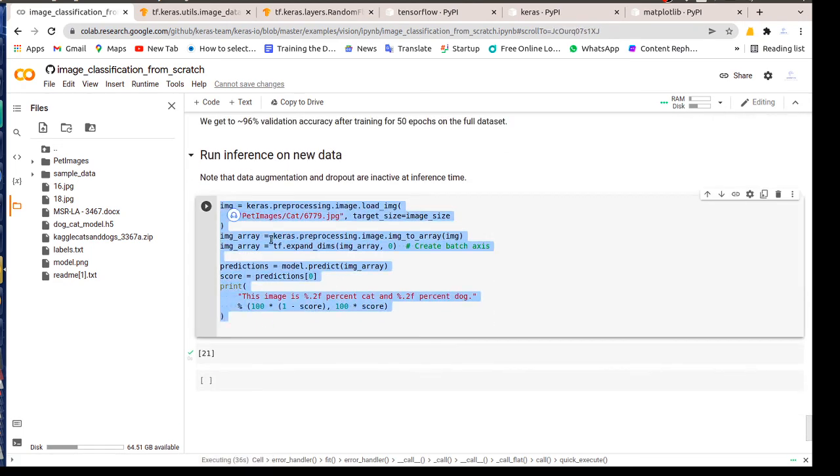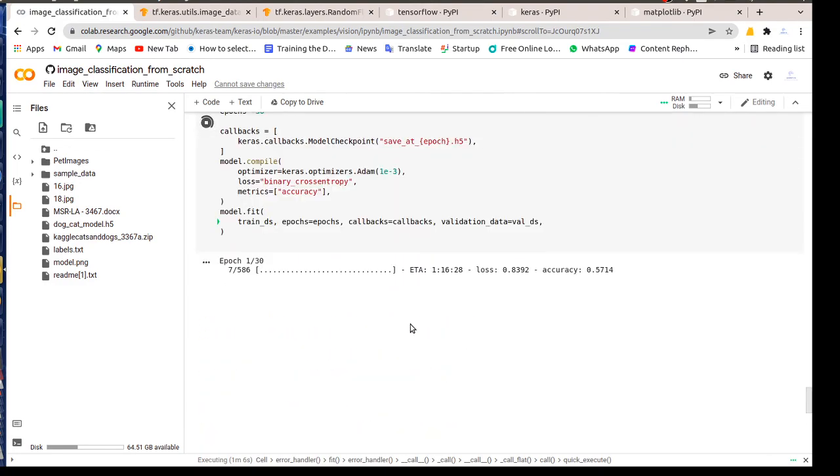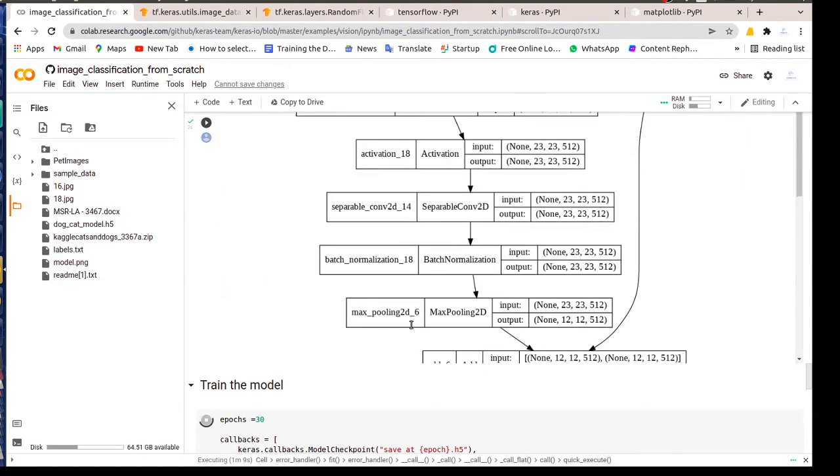Then, the inferencing method, I need to check how well my model is. You can just give the image name, after that you can pre-process it, then use the pre-trained model and dot predict. It will predict and give us the result with percentage. How much percentage is this class of dog, how much percent class of cat, like that. This was to get the image classification for cats.